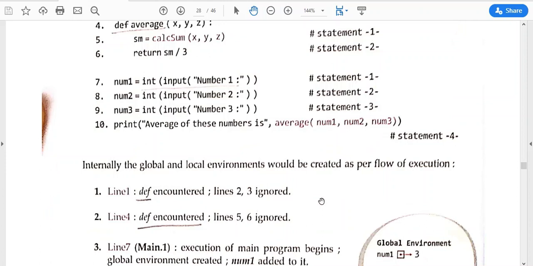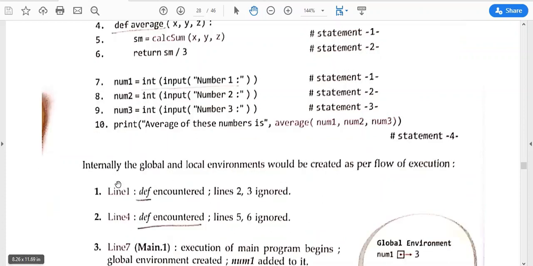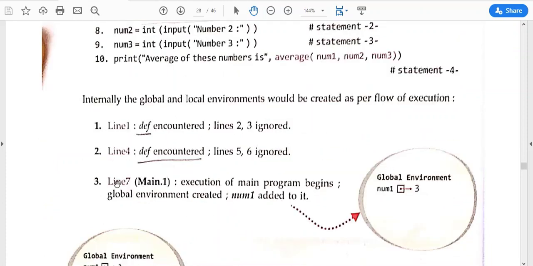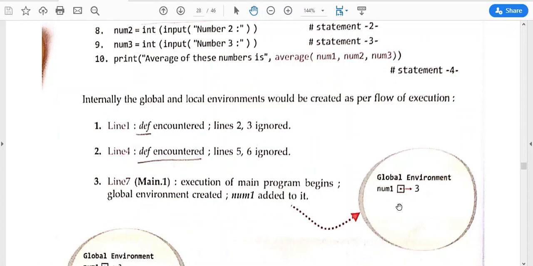Okay, now you can see it diagrammatically also. Initially this and this are read, but these two statements are ignored. So line 1 is read, line 4 is read, these function definition headers are read, and the next two statements are ignored. Then line 7, okay, as this comes, it will come here in the global environment, then num2 will come, num3 will come.